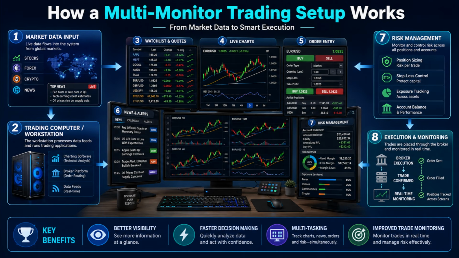Finally, when a trade is placed, the broker executes the order, confirms the trade, and the position is monitored in real time across the screens. In this way, a multi-monitor trading setup improves visibility, supports faster decision-making, allows multitasking, and helps traders monitor charts, news,